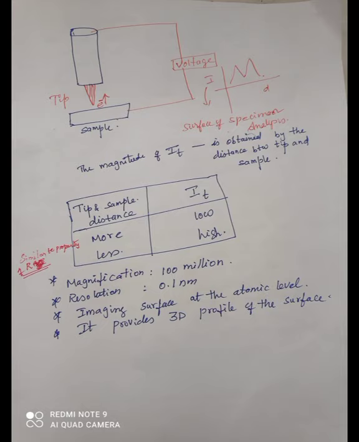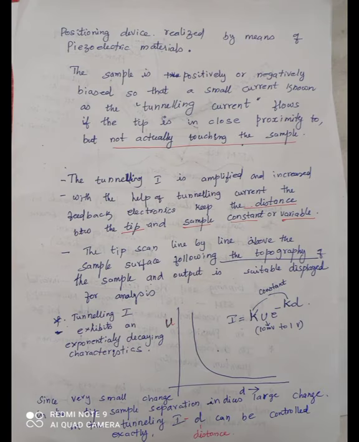The tip scanning: the tip is going to move line by line above the sample surface. Over the sample surface, it has to move very smoothly. While it is moving, the electrons are going to make a jump. When the electrons jump, we have a flow of electrons, thereby the flow of current takes place. That is going to be recorded on the tomography. So how many electrons jump when the surface moves, how many electrons jump from the sample surface to the tip, that was recorded.